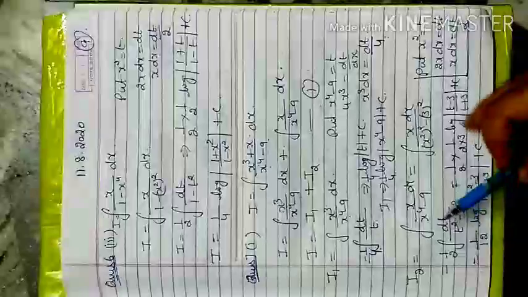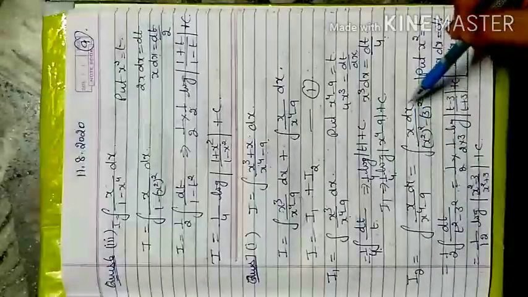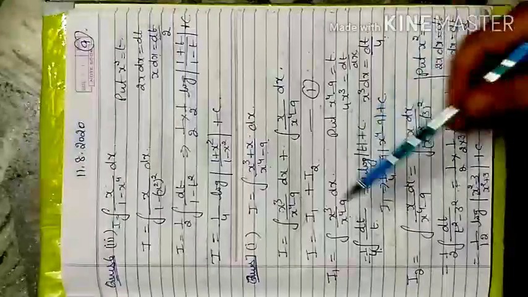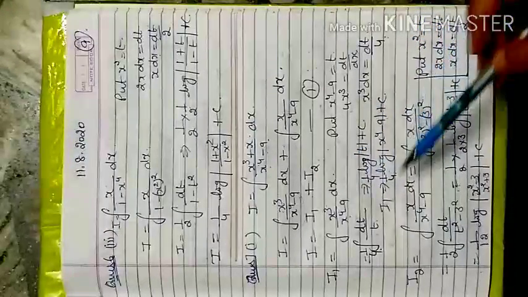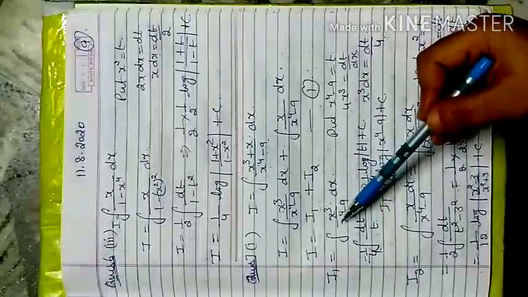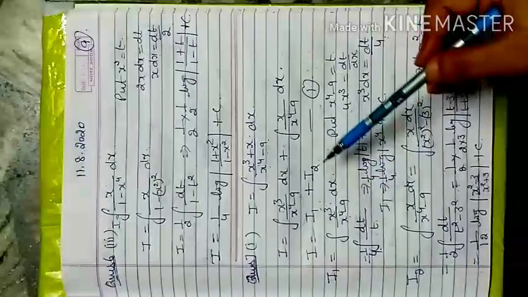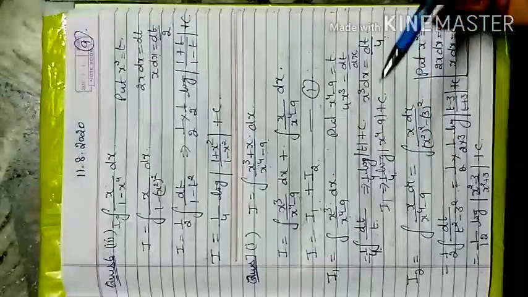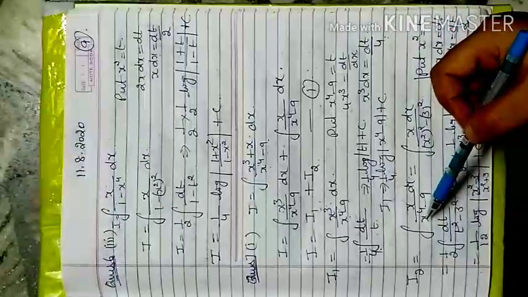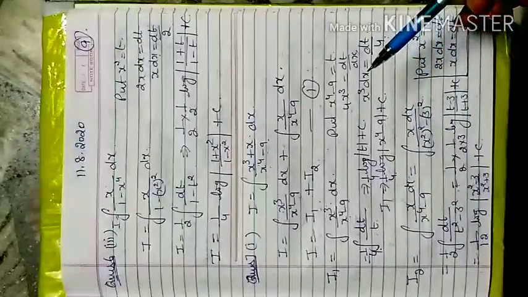Now for I2, x upon x4 minus 9 dx. So here we do it in a separate form. The reason for solving the same denominator in separate ways is that the numerator is different. When I check the numerator, here it is x cube. That means if I differentiate the denominator, I can easily remove the numerator. Here only x is there, so that means I have to go with the perfect square, because if I substitute x square as t, then the numerator will be merged or removed.